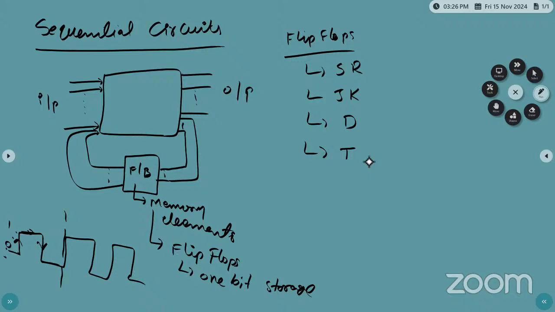Now take the SR flip-flop. Each flip-flop has its own logic circuit and its own truth table. The truth table is derived from the logic circuit only. What is a truth table? There are inputs and outputs, binary values for inputs and binary values for outputs. That is called the truth table. So for this logic circuit,